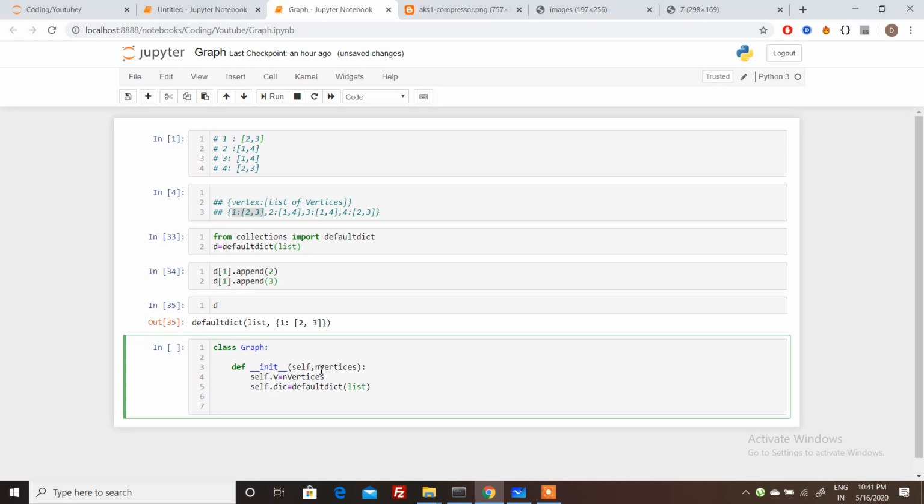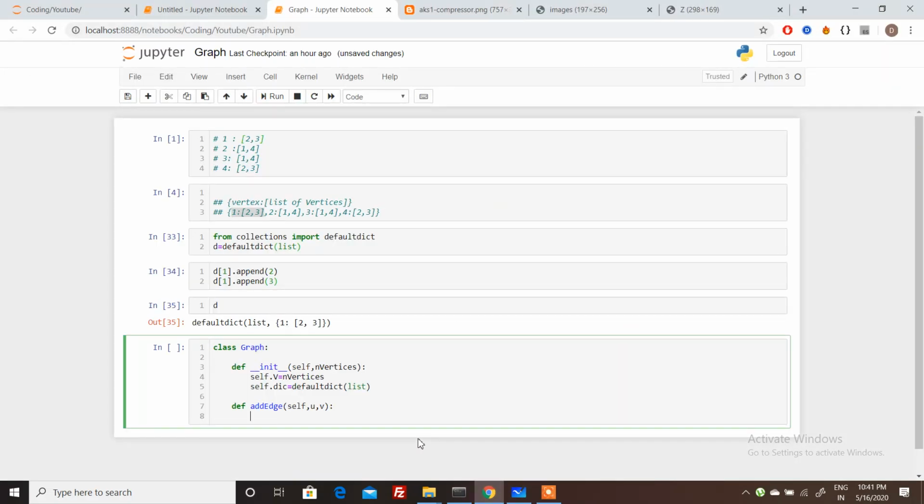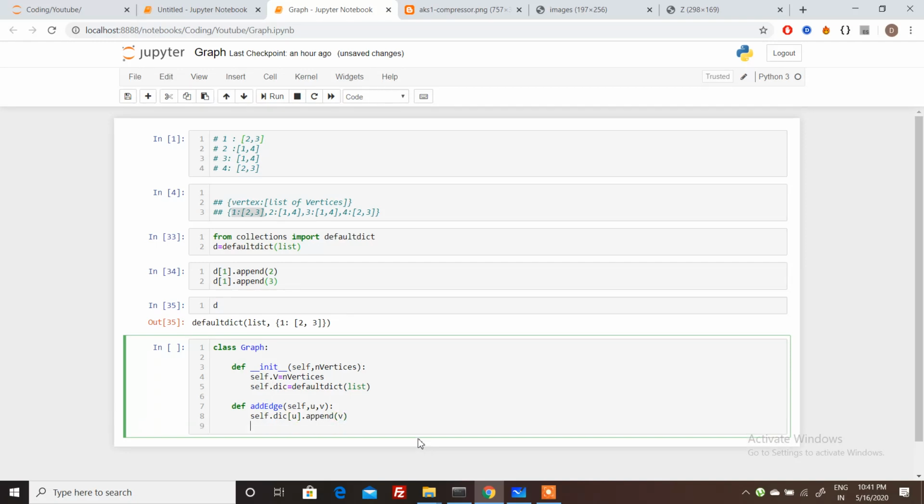Then create a method for adding an edge, the add edge method. Since this graph is an undirected graph, if we create an edge between 1 and 2, it means there is also an edge between 2 and 1. So if there is an edge between u and v, there is also an edge between v and u. Let's create that edge also.